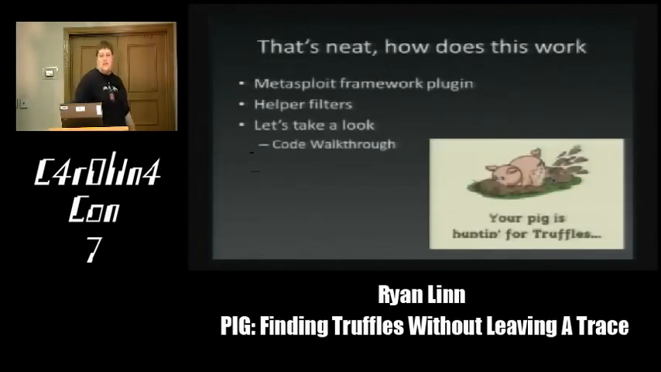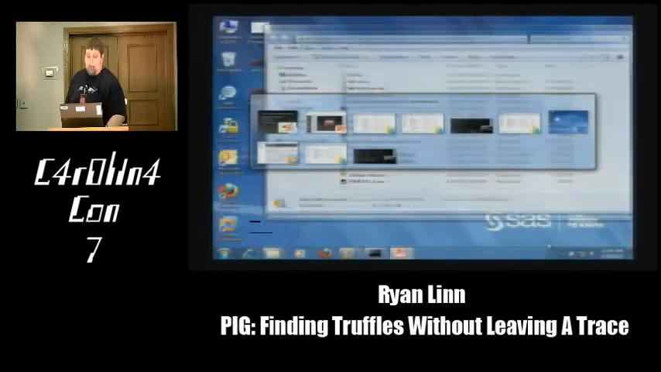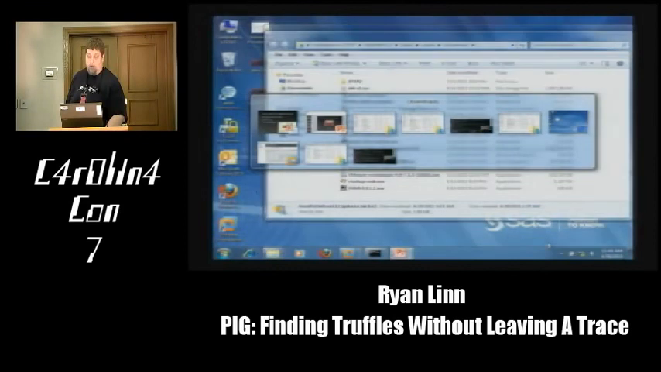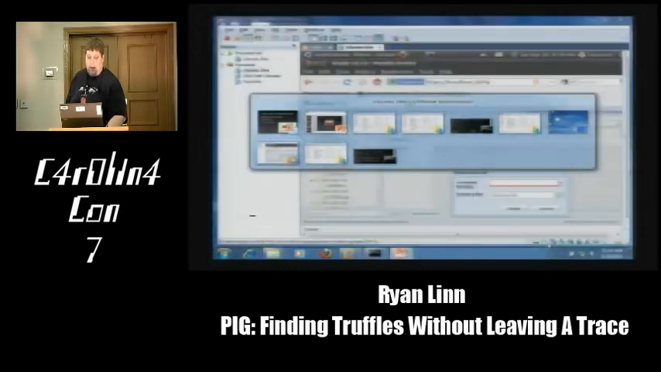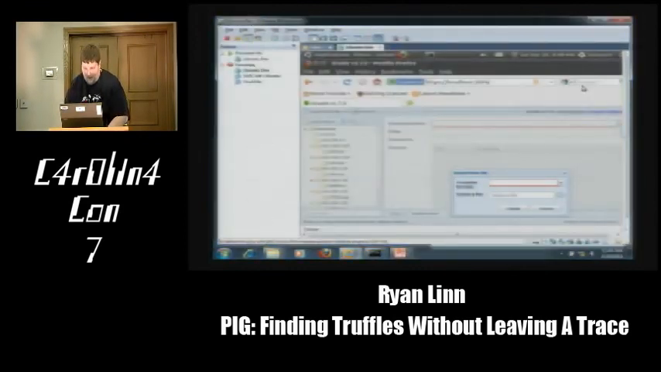So how does this work? This is a Metasploit framework plugin. The main sniffer is in the auxiliary tree. It uses the auxiliary sniffer interface in order to be able to gather the packets. It has a series of helper filters, and we can take a quick look at the helper filters. As I said, these are loaded automatically, and the way that this works is